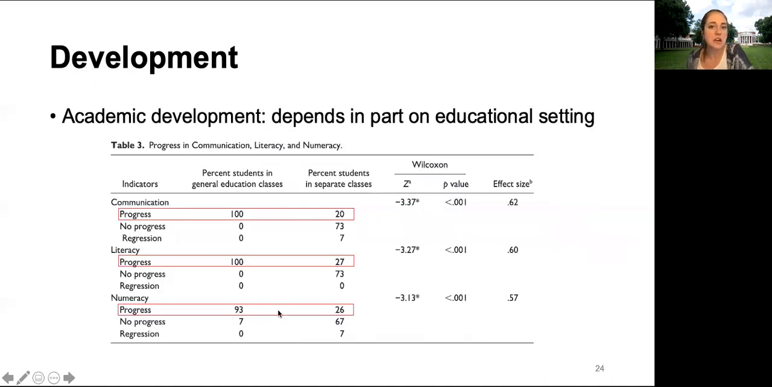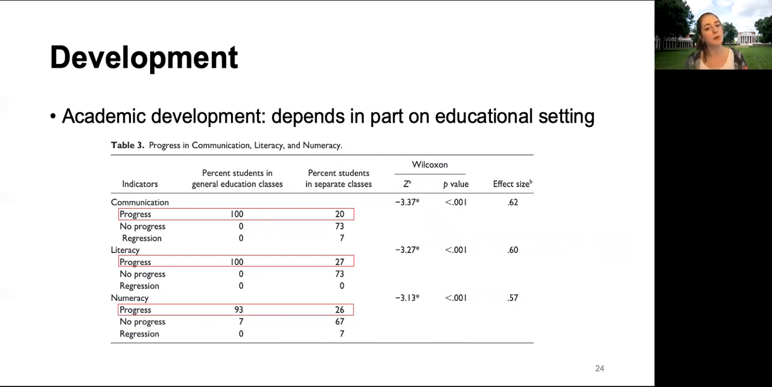And this is transitioning off theory of mind a little bit, but as we talk about development, I also think it's important to talk about how particular settings can influence how an autistic child develops. And in this case, educational settings. So this study that I'm highlighting here